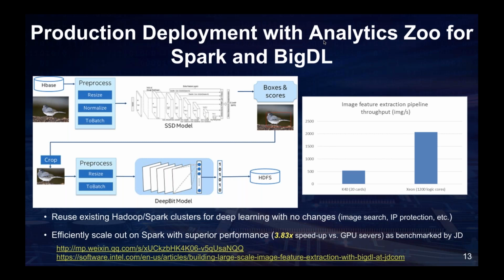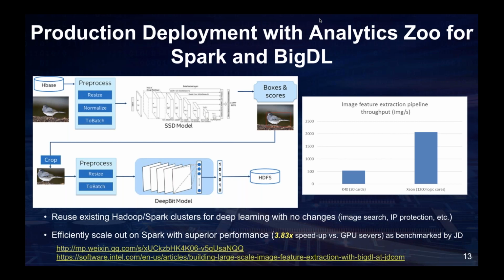In their original system, they store the data to the HBase and on the Yarn cluster, and then they do the preprocessing with Spark. But their deep learning model, which is a TensorFlow model, is on the GPU. So they need to move data to the GPU cluster to do the inference, then move data back to the Yarn clusters to get a target object image, and then do the preprocessing again with Spark, and then again move data to the GPU cluster to do the deep learning model inference again, and save data back to the HDFS.